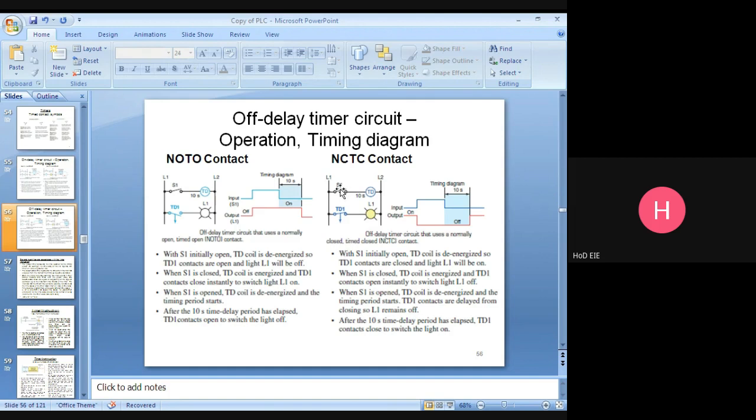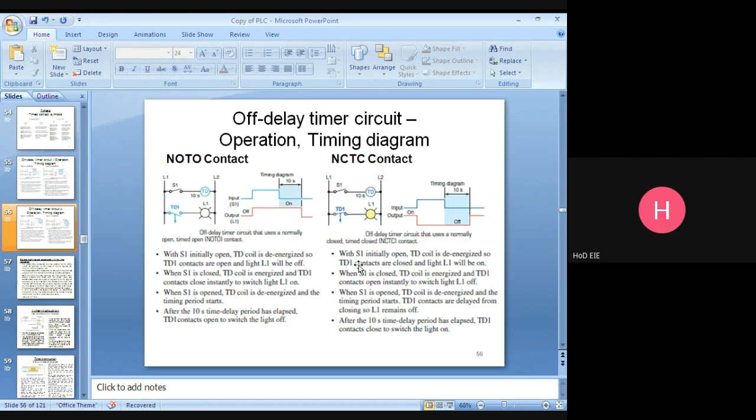Now S1 is closed, the DD coil is energized and DD1 contacts open instantly, because for switch on condition there is no delay. For switch off condition only, delay will be there. So when S1 is closed, DD is energized immediately, this contact will be open and the light will be off. This action takes place immediately.